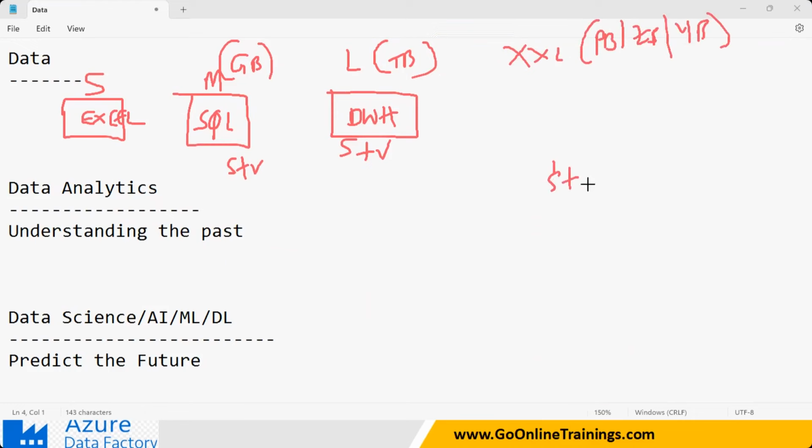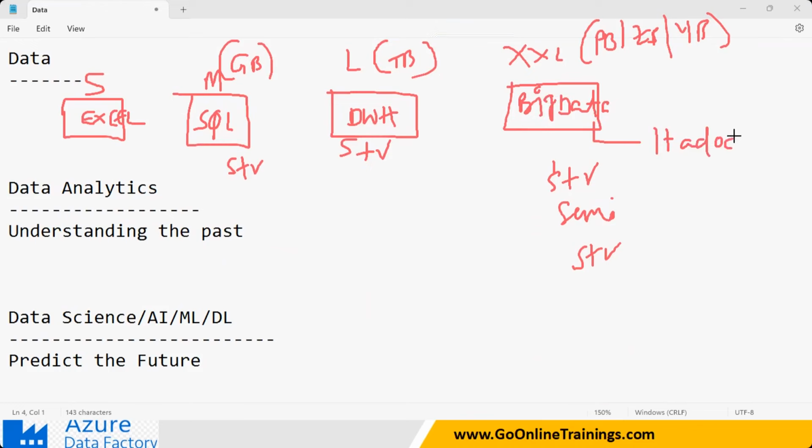Structured data, I'm getting semi-structured data, and I'm getting unstructured data. All the data can go into a solution called big data software. Clear? You're going to go to big data. So which software am I going to install here? I'm going to install Hadoop.